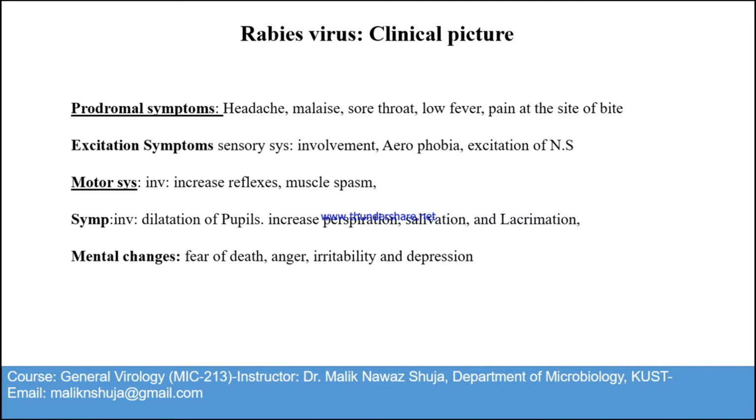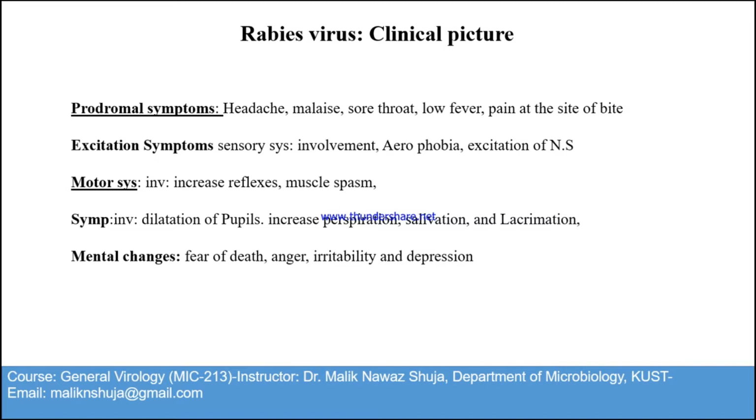Malaise means discomfort of the patient, and now they develop into aerophobia, afraid of air, excitation of the central nervous system, and then it is followed by muscle spasm, meaning he is feeling some sort of pain, increased reflexes, and followed by another type of symptoms like